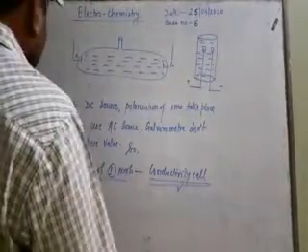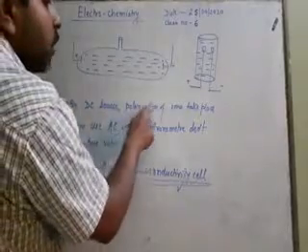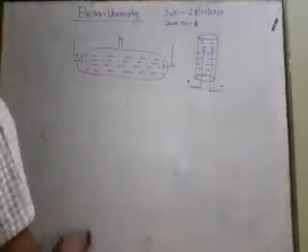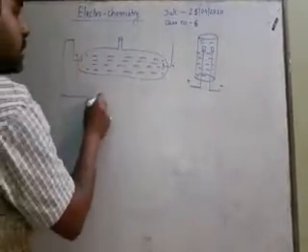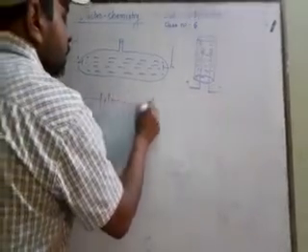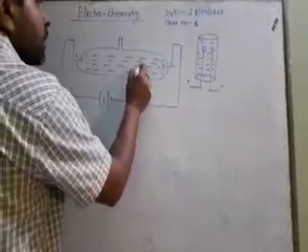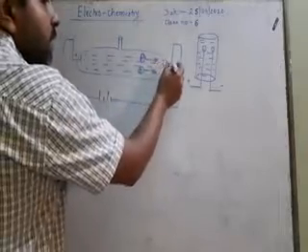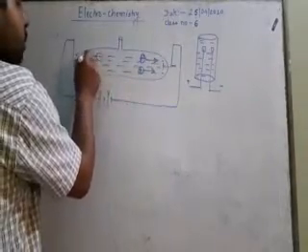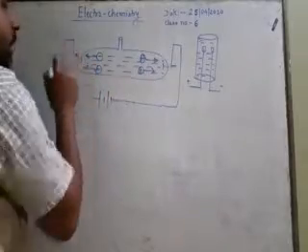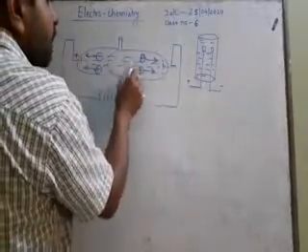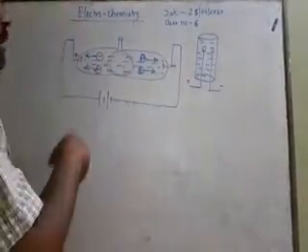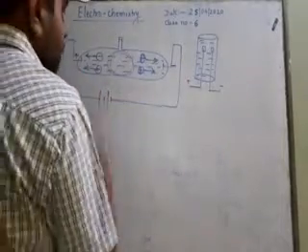Now, with a DC source, polarization of ions takes place. So students, if we apply a DC source, then positive ions move towards the negative terminal and negative ions move towards the positive terminal. So students, at the middle of the conductivity cell, no ions are present. So it does not give the exact value of conductivity.